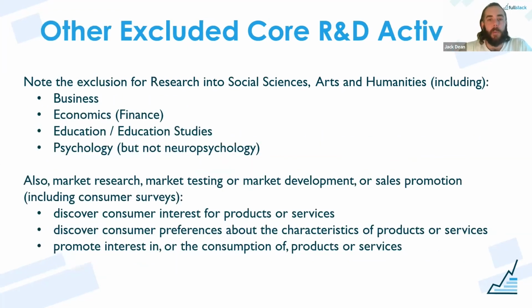Where that would potentially come into play, in a negative way, is where you're maybe doing some work, and the ultimate uncertainty that you're trying to resolve is in an area of business, economics, education, psychology, or some other area of research in the social sciences, arts, and humanities. So it's really important to identify what scientific area you're working in, because that could be the difference between the development of your software platform being eligible R&D or not, an eligible core R&D activity or not. Market research, market testing, market development is also excluded as a core R&D